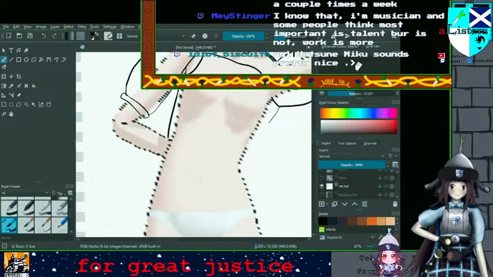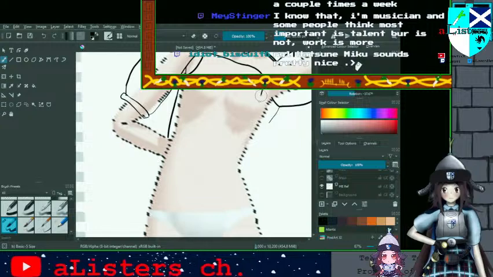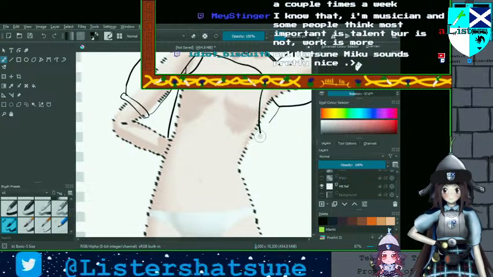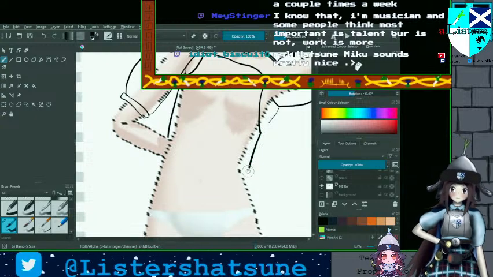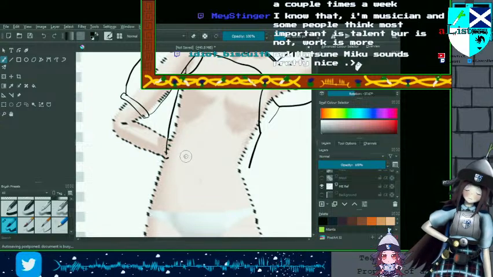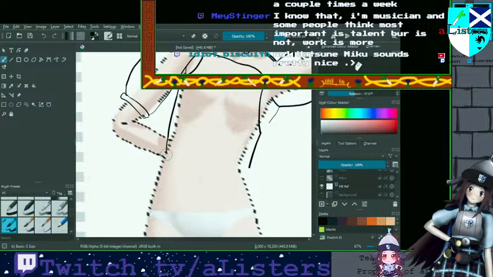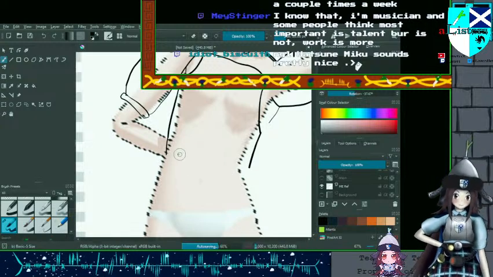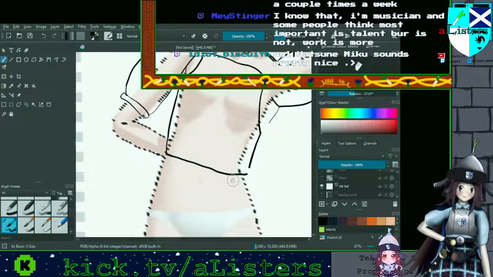Draw the rest of the breastplate first, because that needs to go in there. Once again, my hand cannot straight line. My hand's never actually been able to straight line.